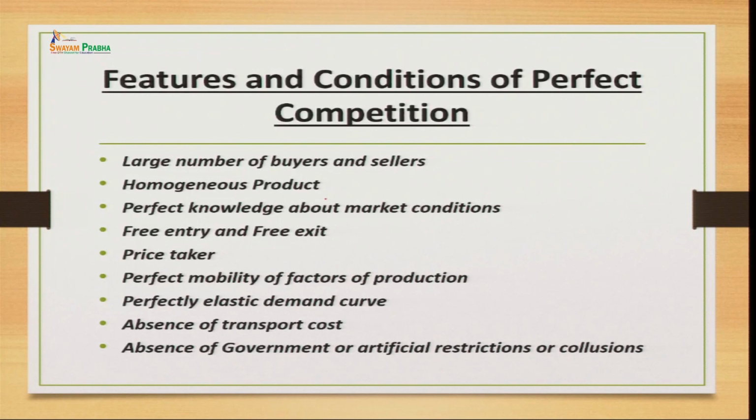Then we have discussed that this market has a homogeneous product. That means the products which the sellers working under this perfect competitive market are selling are of similar nature, identical to each other, with no difference among the products. Consumers also have perfect knowledge about the market conditions. So a seller cannot charge a higher price by telling the consumer that their product is better than the others, because the consumers have complete knowledge regarding the prices as well as the quality of the product.